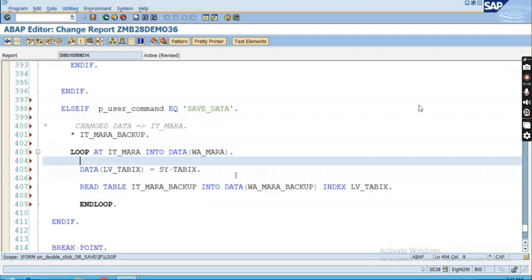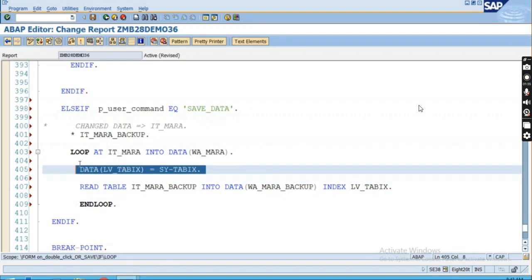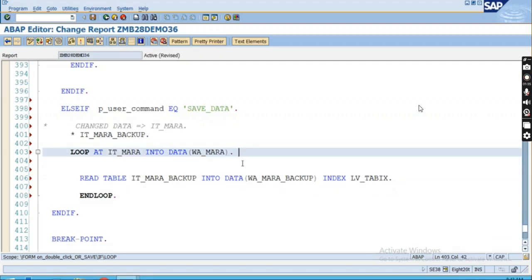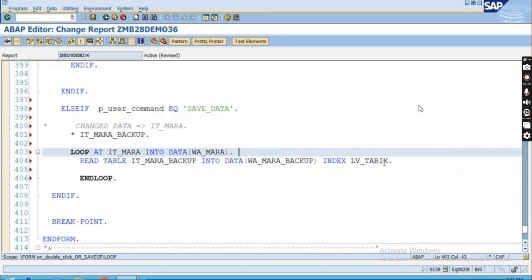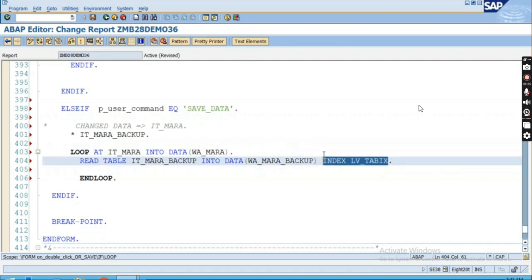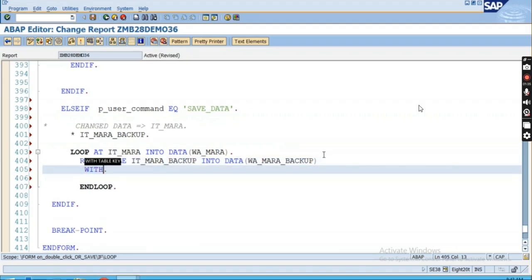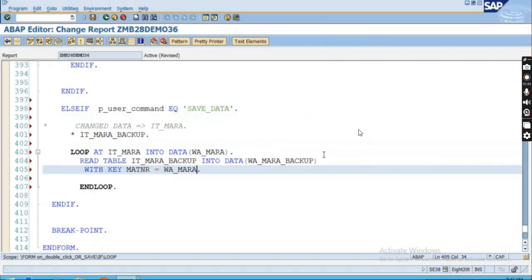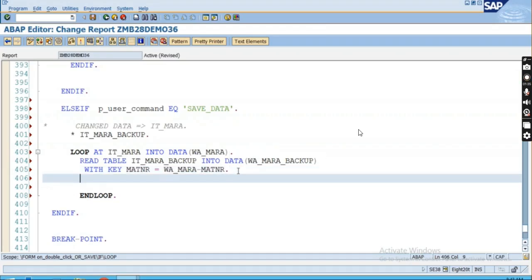Okay, but this is not good. No, this is not correct. Remove this one. Let's read by the key field. That will be better. Okay, so you use the with key, matnr equals to wa underscore mara hyphen matnr. Okay, and if sy-subrc equals to 0,